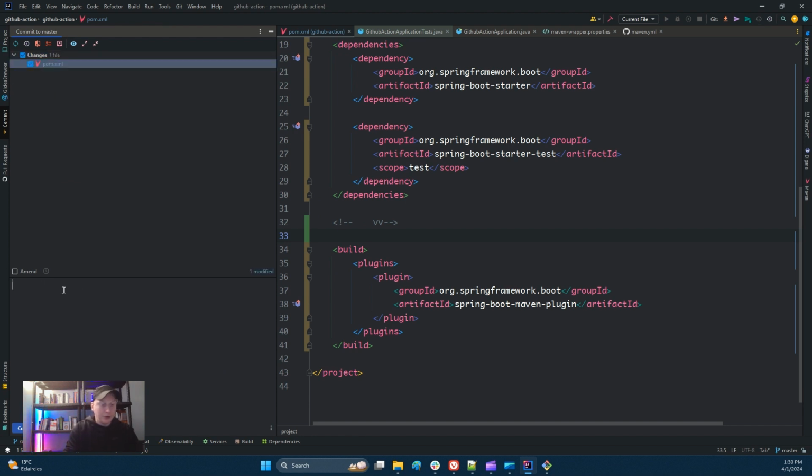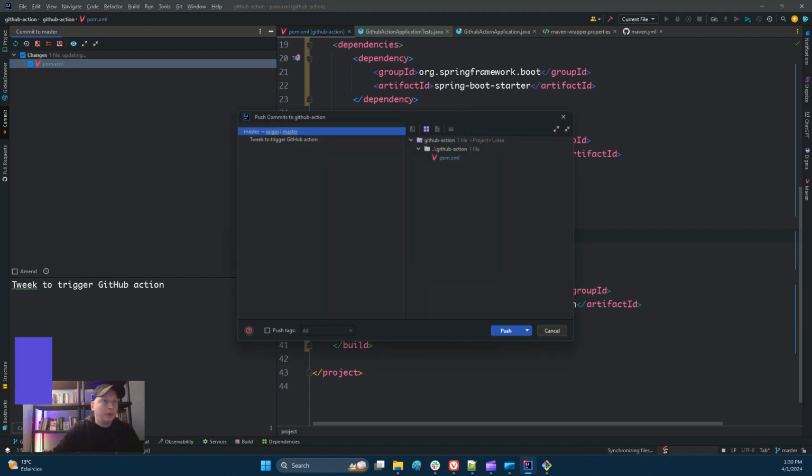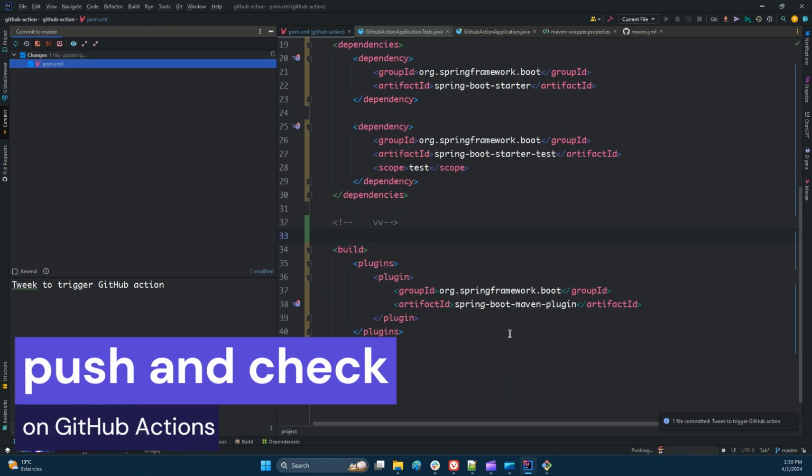So let's do this. Launch tweak to trigger GitHub Action. Let's push it. Push.